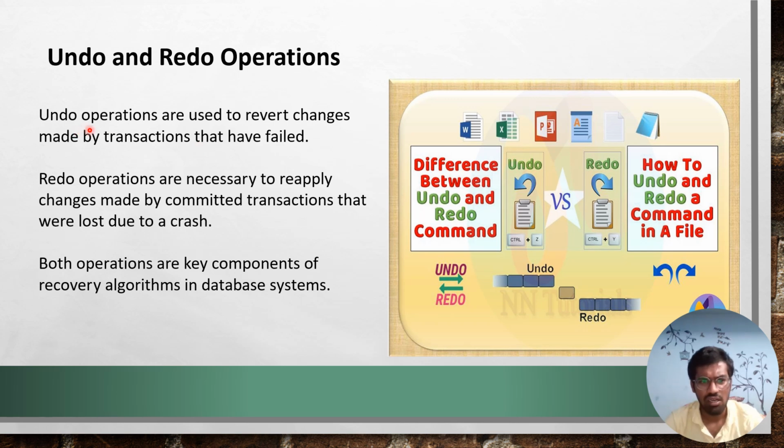First of all, undo is retrieving the information. For example, A is 500 and B is 1000. If I want to transfer the amount from B into A, it may take some time. It transfers so that A has 1000 and B has 500. In case there is no gap or difference between both values, we may apply undo or